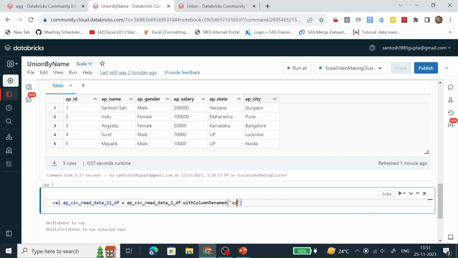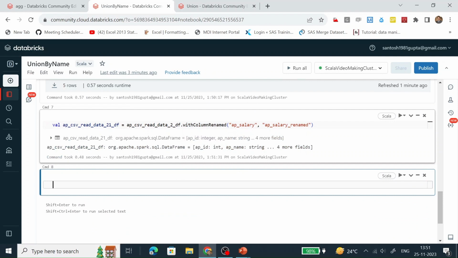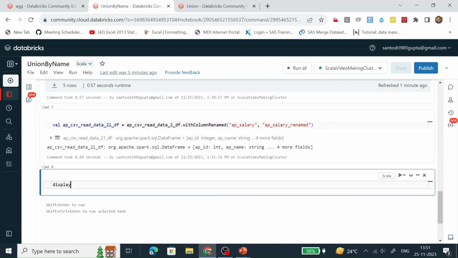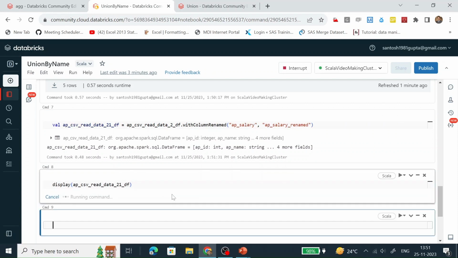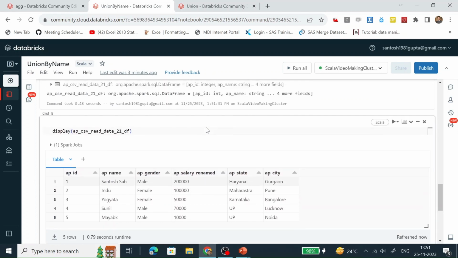Which column are we going to rename? We are going to rename the salary column and make it AP salary renamed. So run it. Now see the content of this data frame. We can see the salary column is renamed from AP salary to AP salary renamed.